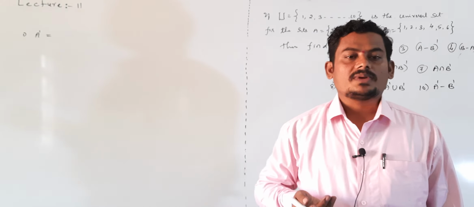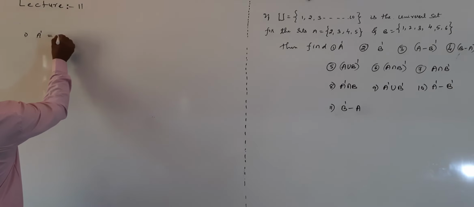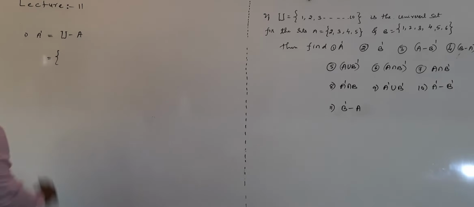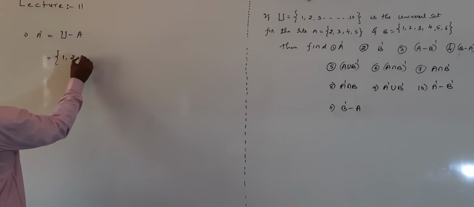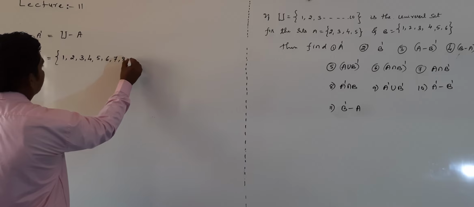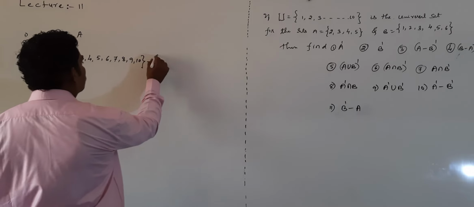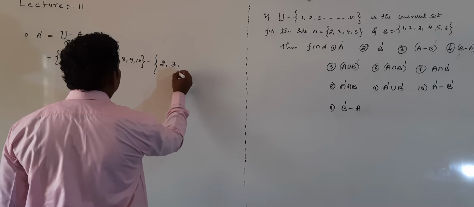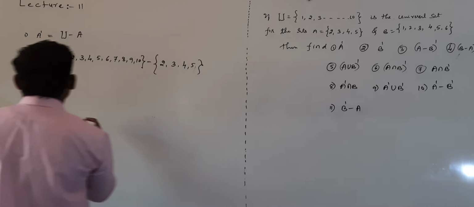A complement is equal to U minus A. By definition of complement, it will be U minus A. Already they have given U. U is the set of all natural numbers less than or equal to 10: 1, 2, 3, 4, 5, 6, 7, 8, 9 and 10, minus A, set A 2, 3, 4, 5, that's equal to,